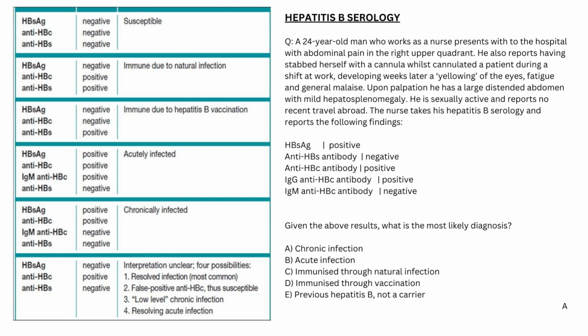So the HBS antigen is positive, so that suggests he has an active infection. The anti-hepatitis surface antibody is negative, so that suggests he hasn't been vaccinated, and therefore that would rule out answer option D. We could also rule out answer option C because we know he's not immune due to lacking the antibody. The anti-hepatitis B core antibody is positive, so that suggests he's either got a previous infection or he has an ongoing infection, most probably an ongoing infection due to the fact that his hepatitis surface antigen is positive.